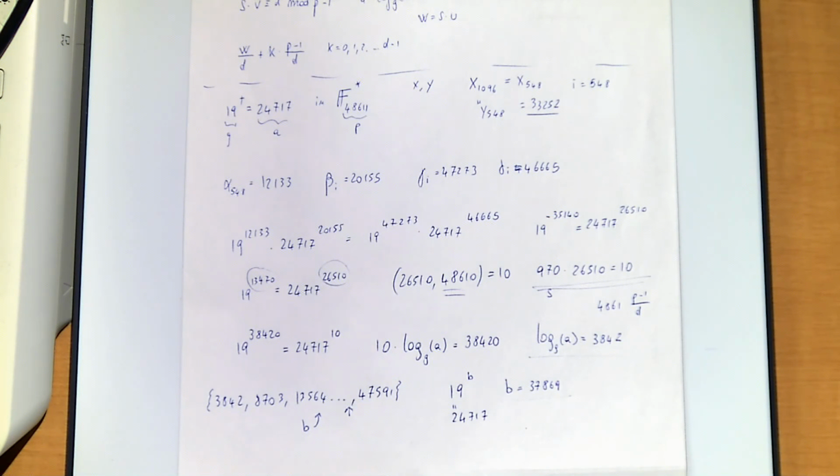If I take the square root of 48611, it's about 220. So it's roughly twice the square root of n, which is okay. It's kind of what we were expecting. Yeah, and so with that number of steps, we find the collision, and the rest is just doing some algebra,